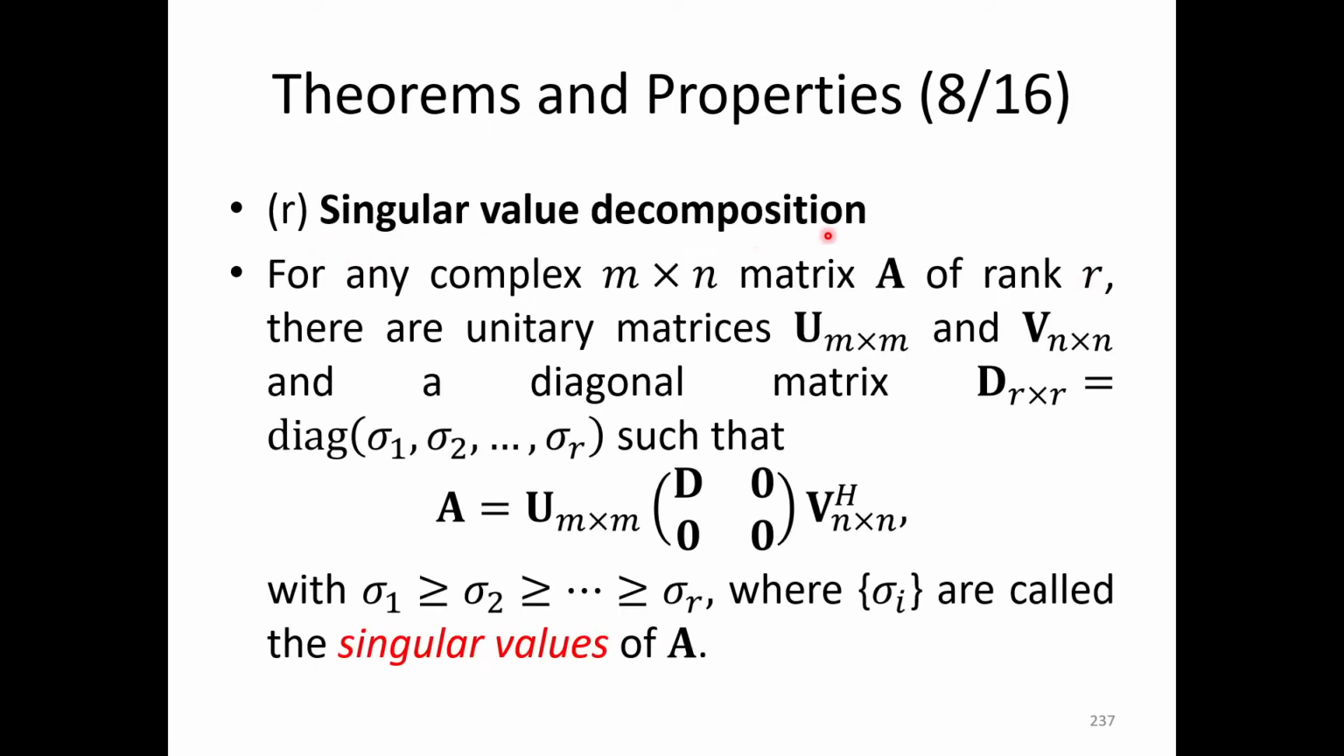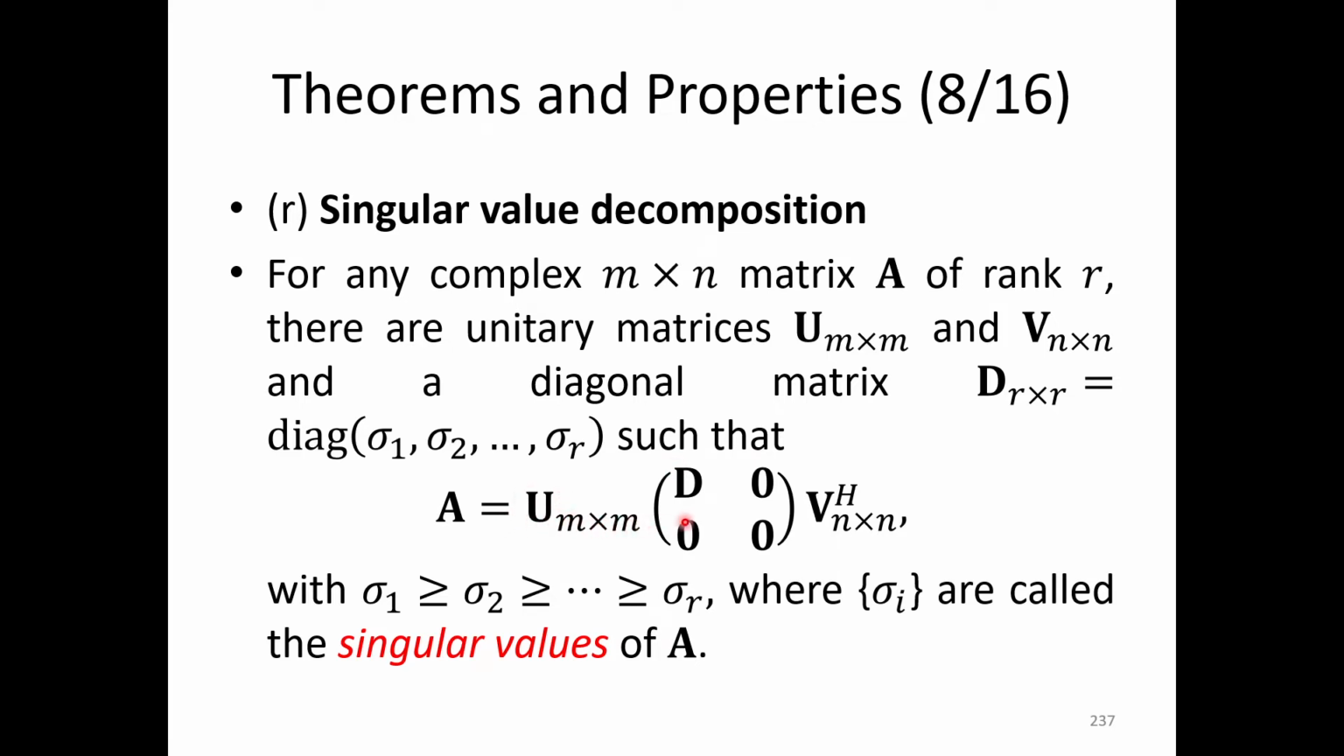R, singular value decomposition. For any complex n by n matrix A of rank R, there are unitary matrices U, which is an n by n matrix, and V, which is an n by n matrix, and a diagonal matrix D, which is an R by R matrix, equal to the diagonal matrix of sigma 1, sigma 2, etc. to sigma R. Okay, this notation denotes that this is a diagonal matrix with the diagonal elements equal to sigma 1, sigma 2 to sigma R, and the other elements are all equal to 0, such that A is equal to U